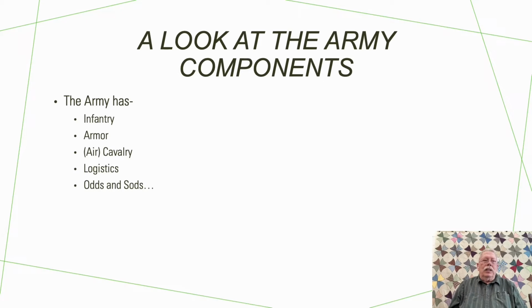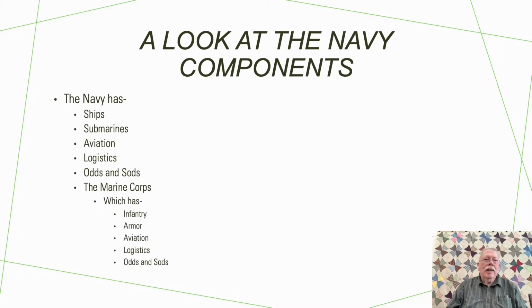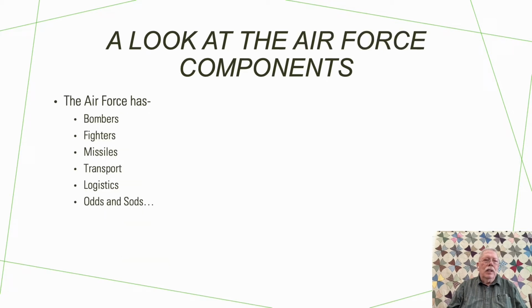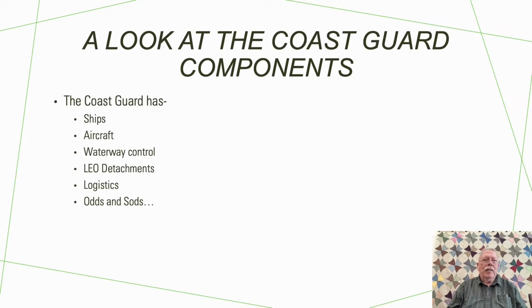Now, we're going to look at components. Army, basically five components: infantry, armor, air, cavalry, logistics, and odds and sods. The Navy, and I'm going to go fairly detailed on the Navy since that's what I did for 20 years: ships, submarines, aviation, logistics, odds and sods, and the Marine Corps, which has another list underneath of basically the same things. Air Force: bombers, fighters, missiles, transport, logistics, odds and sods. Coast Guard: ships, aircraft, waterway control,